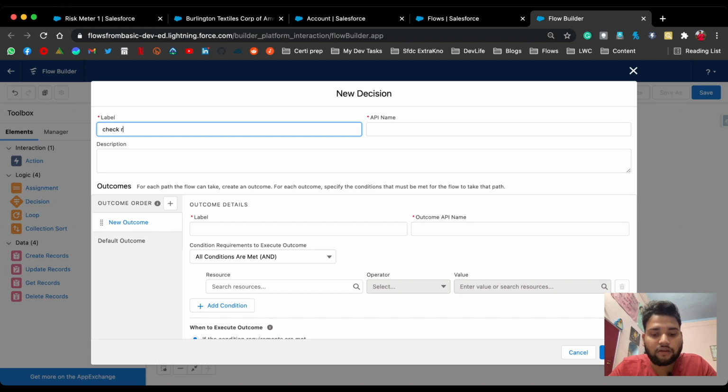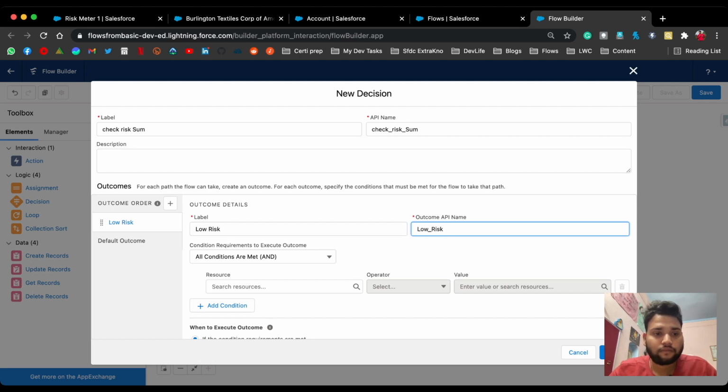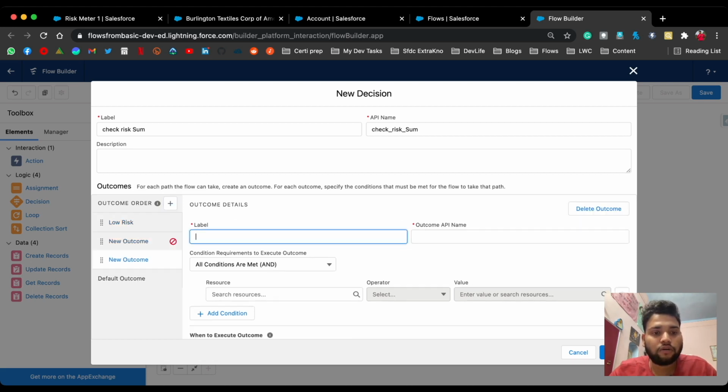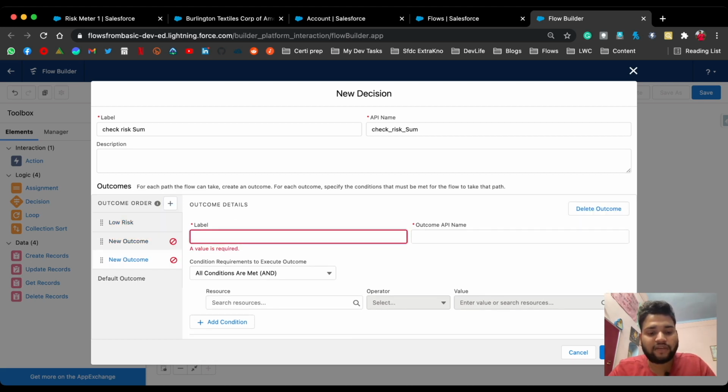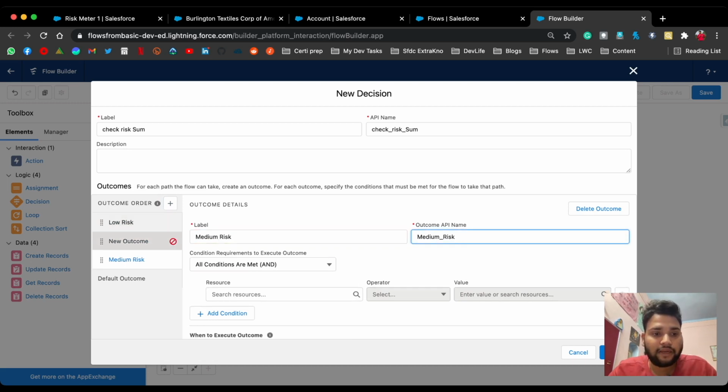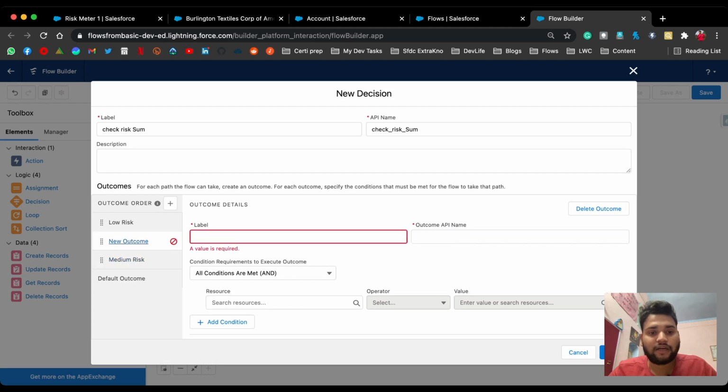Let's call it risk sum, and the first outcome is low risk. Let's create 2 more: second is medium risk, and third is high risk.